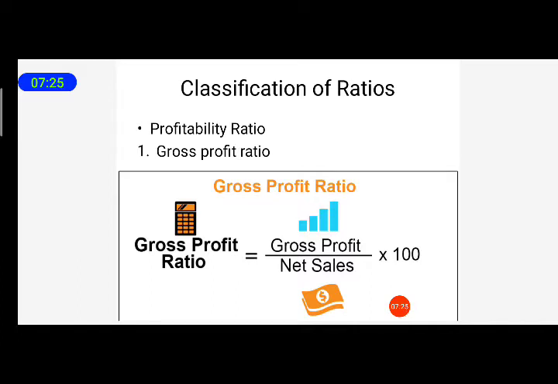It expresses the relationship of gross profit on sales, representing the percentage of gross profit earned on sales. This is also called turnover ratio. The formula of gross profit ratio is gross profit divided by net sales into